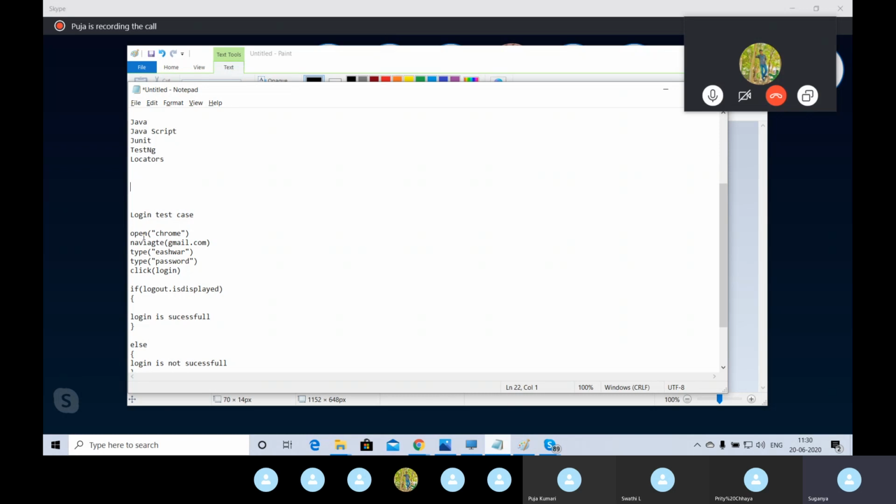In the Gmail page there are a lot of text boxes available, so in which text box do I need to perform this action? There will be an address maintained for each and every web object. You need to capture that address of the particular web object and pass it as an input here. Let's say here I need to pass ID equal to 001, and here ID equal to 002. Each and every activity requires an address of a particular web object, and each web object will have an HTML address.